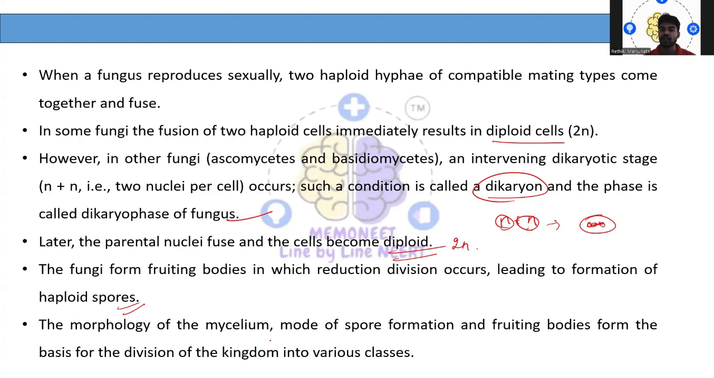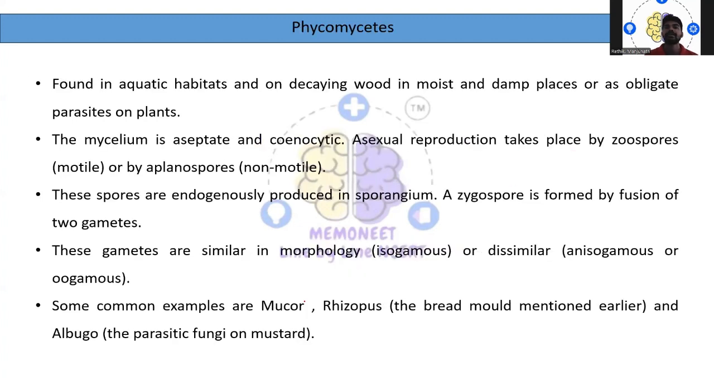And the morphology of this mycelium, the mode of spore formation, and the formation of the fruit body form the basis of the division of this kingdom, which can also be seen. Then there are again certain divisions that we can actually see in the fungi kingdom. So the first one is